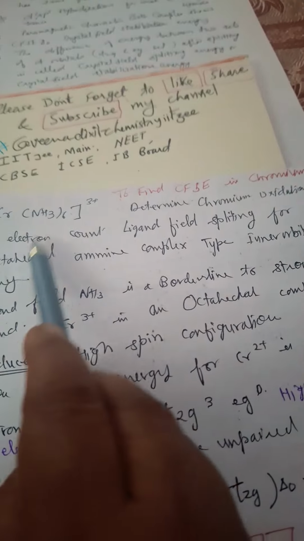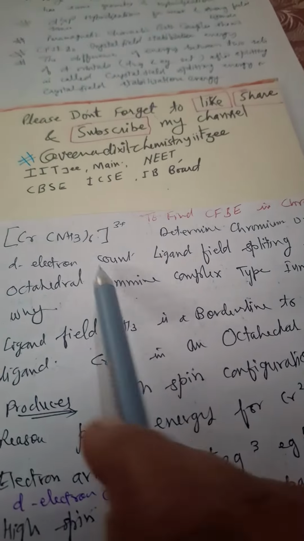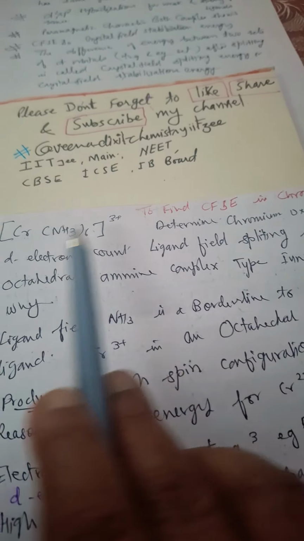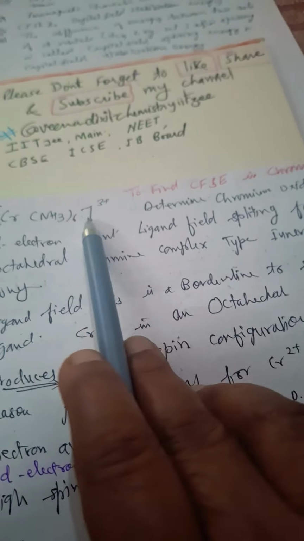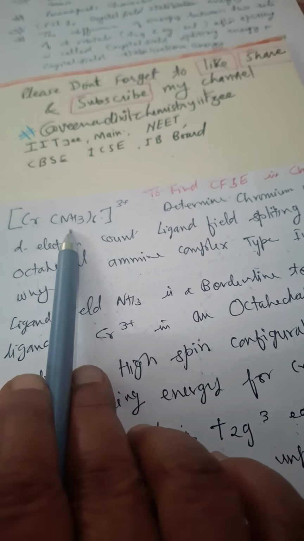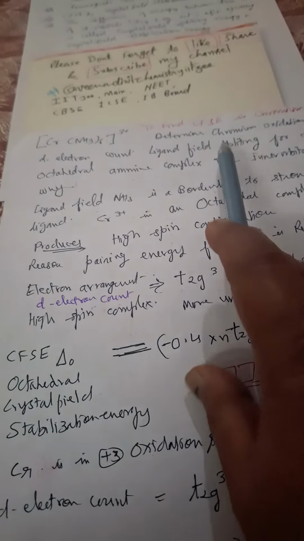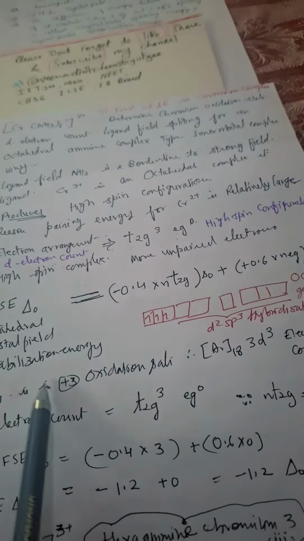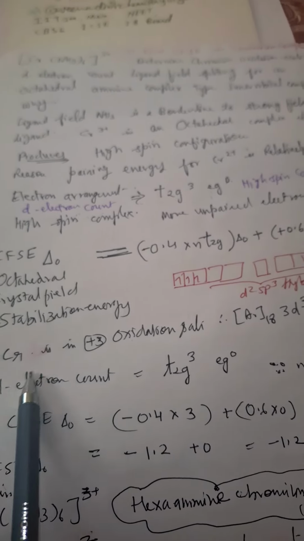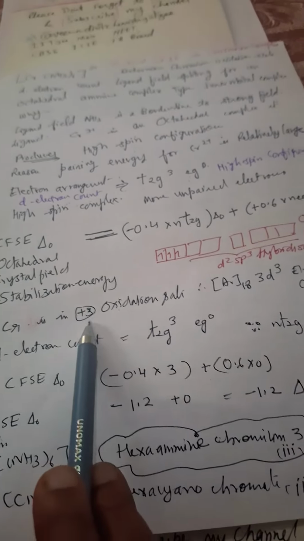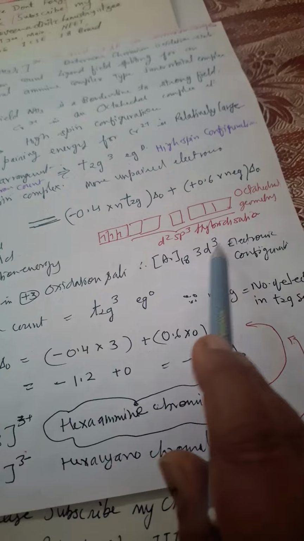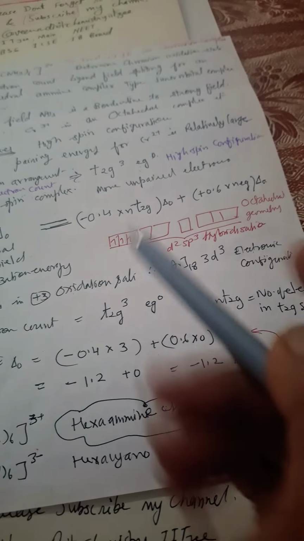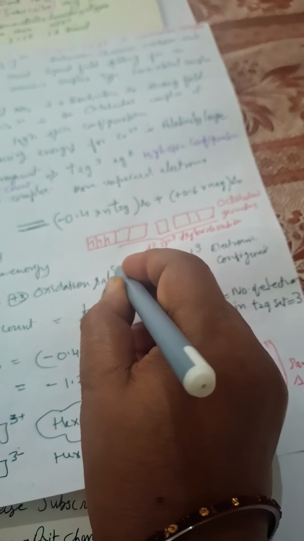Here we discuss [Cr(NH3)6]3+, with six ammonia ligands. The charge is 3 positive because ammonia is a neutral ligand and chromium is in the +3 oxidation state. So we have to determine the oxidation state, which I told you is +3. How can we write the electron count? The configuration will be 3d3: for Cr3+, in the +3 oxidation state, argon 18 and 3d3 configuration will be there for the chromium ion.